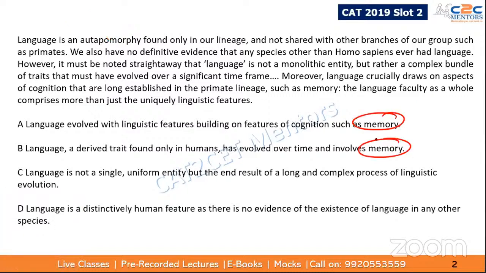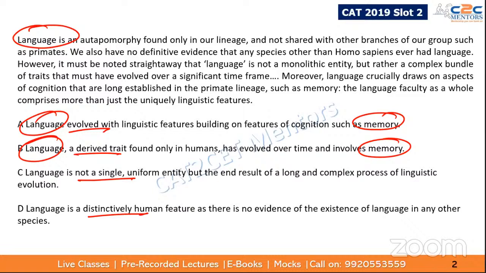So I picked out the common words, memory, language. I can go for a couple more things. Language is not a single uniform entity. Okay, derived, evolved, distinct. Now when I look here, I find my topic is about language, means I should be expecting something about language. So see what is happening in A and B. Language evolved with linguistic feature. Fair enough. Language a derived trait. Fair enough. What does trait mean? Characteristic. Language is not a single uniform entity, but the end result of a long and complex process of linguistic evolution. Okay, it could be right, we don't know. Language is a distinctively human feature, as there is no evidence of the existence of language in any other species,